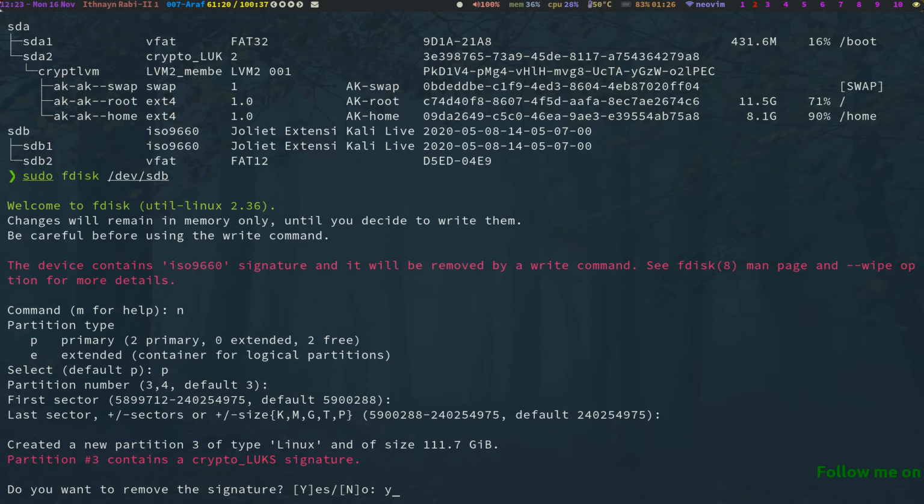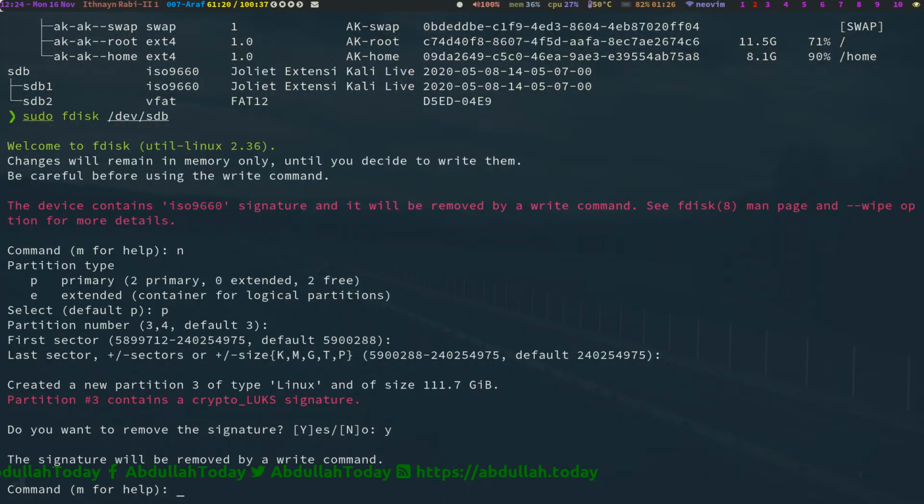Remove the signature. Actually you can go with it without removing because it is a LUKS signature, and again I also want to create a new crypto LUKS signature on this drive. So yes.